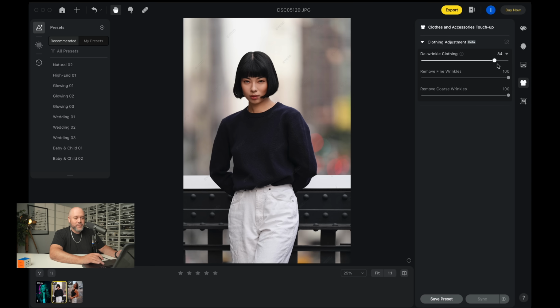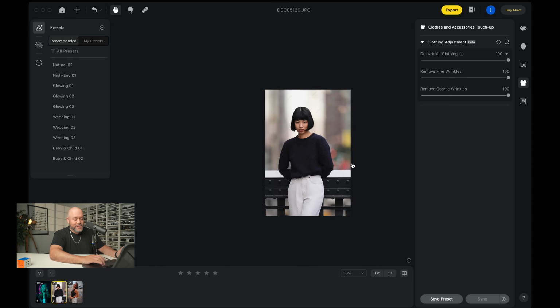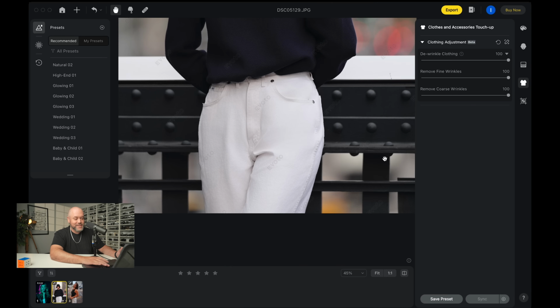We'll grab the slider, we'll bring this up to 100 so we could see the max effect. And literally within seconds, all of the wrinkles, look how absurdly crazy this is with AI. Before, after. It's like,